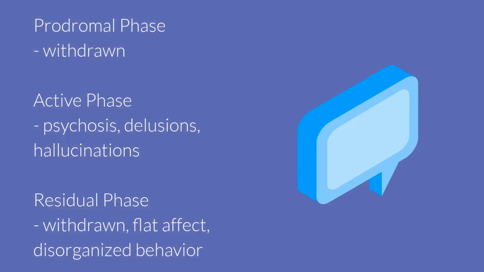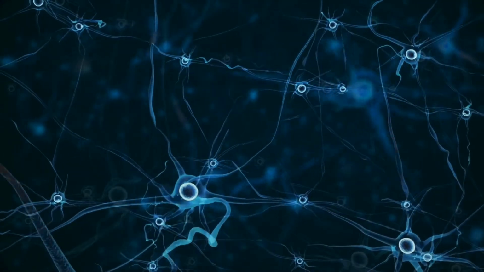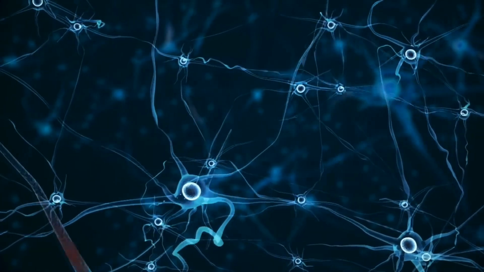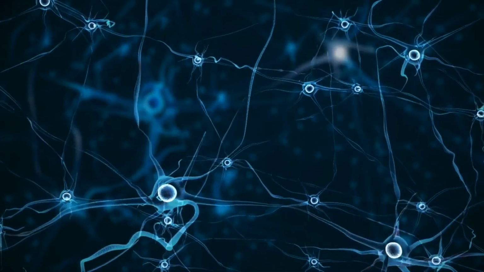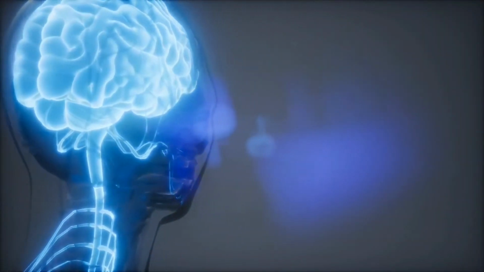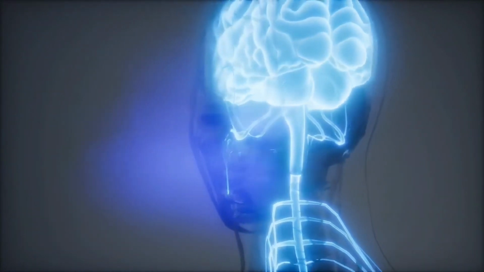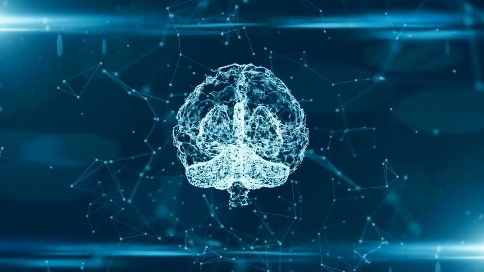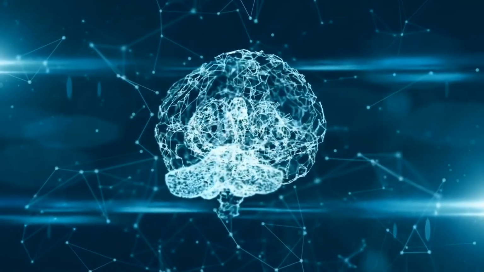In order to diagnose schizophrenia, the individual must be presenting at least one positive symptom, meaning delusions, hallucinations, or grossly disorganized speech and behavior, and one other symptom can be either positive or negative. Cognitive symptoms are not a reliable indicator for schizophrenia because they are nonspecific and difficult to actually interpret and diagnose. Additionally, the individual must have been in the active phase for at least 1 month, and the symptoms overall must have been ongoing for at least 6 months.